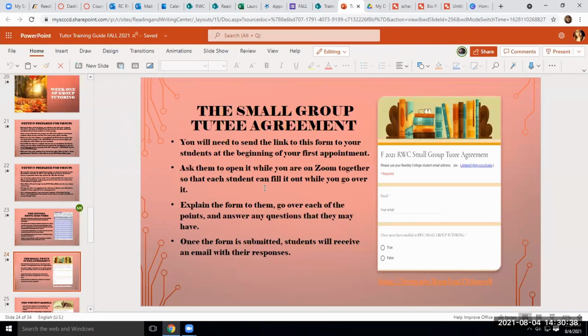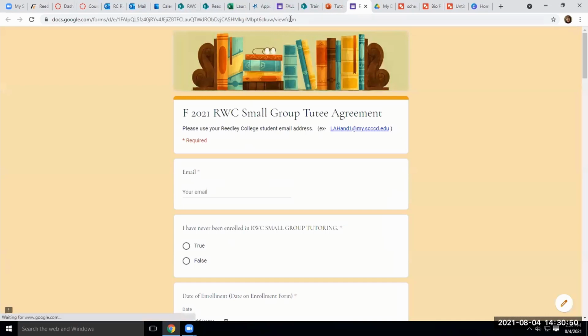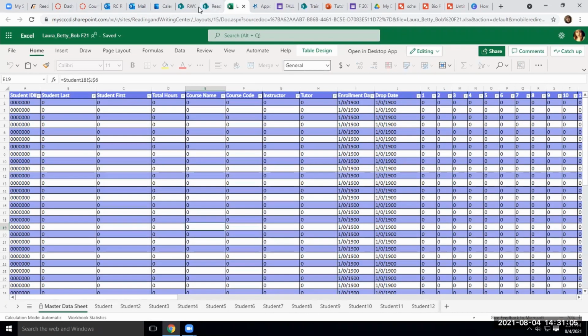So the next form for your 2T to fill out is the small group 2T agreement. The links for all of these forms, if you want to grab them and either paste them into a chat in your first Zoom for your student, or put them all on a document that you can forward to your student or drop in an email, whatever you want to do,